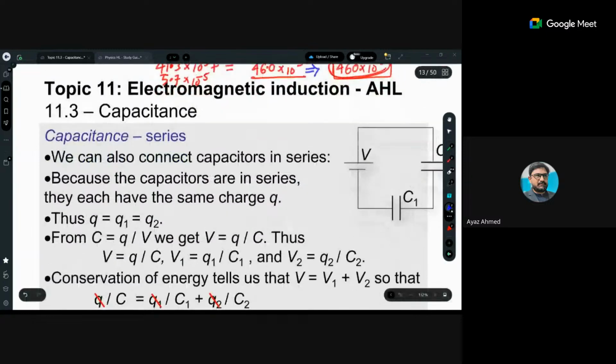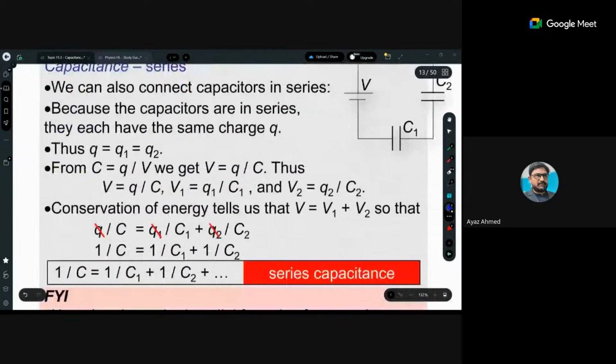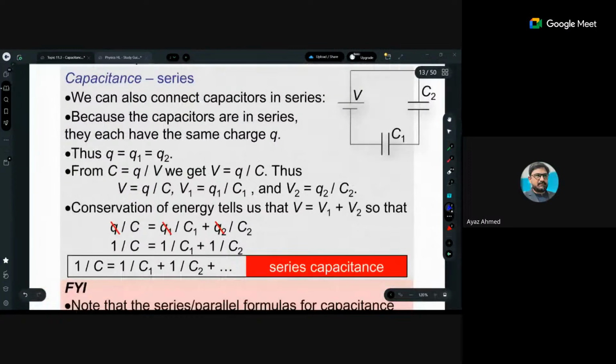Okay, should I move on to the next? Capacitance in series. So when we have capacitance in series, actually at that time we can have that